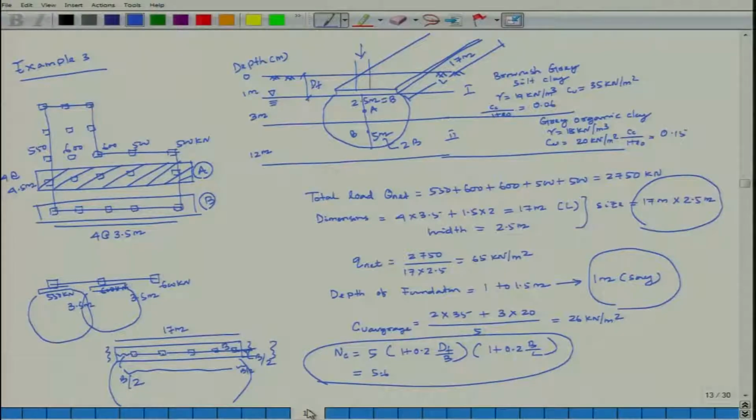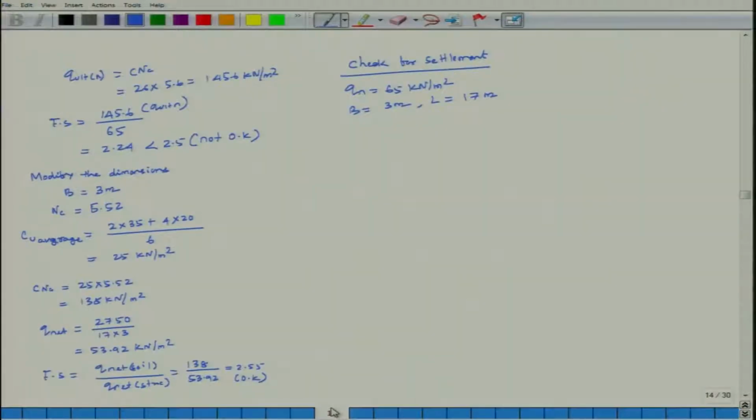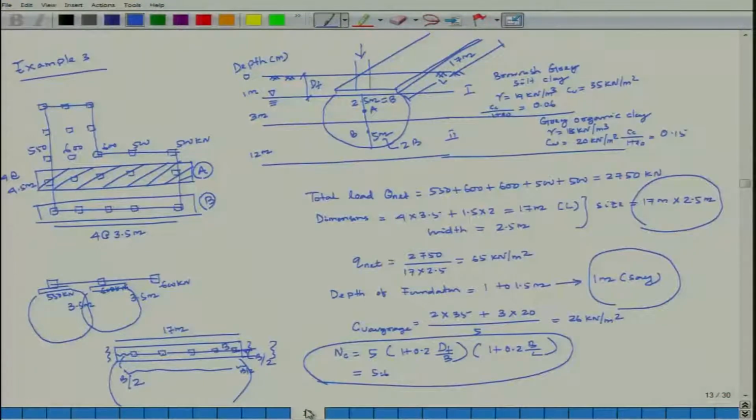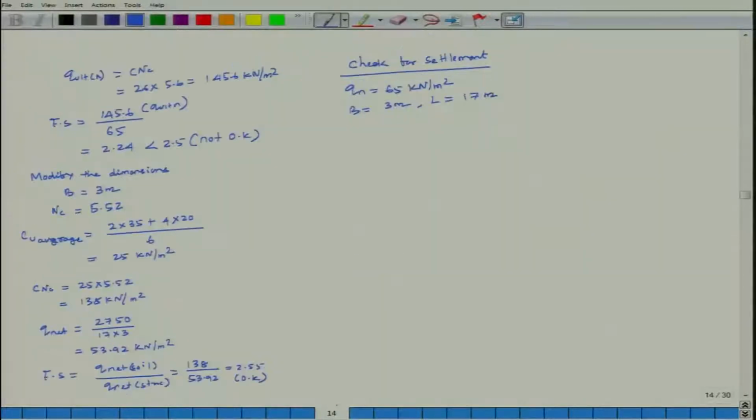Now, one part was over, that was the dimensions, then bearing capacity, factor of safety, we got it. Then we have to check the settlement profile. For settlement profile, the values have been given, it is well known. Net load intensity is Q net equal to 53.92